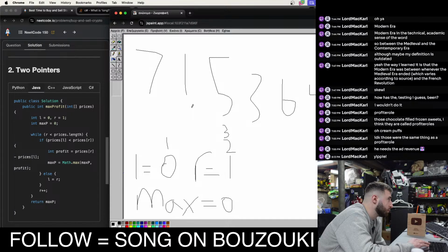So is 1 less than 3? Yes. All right, 3 minus 1. That doesn't change the current profit. But now we go up 1 more. So R is 4, and